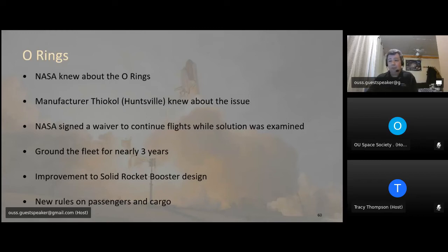The owner, Thiokol, also knew about the issue, and they tried to stop NASA from flying even on that day. But NASA signed a waiver to continue the flights until a solution was examined, but unfortunately they pushed their luck once too often, and Challenger was the casualty. It did ground the flight for nearly 3 years, so from January 1986, and they didn't go back up until